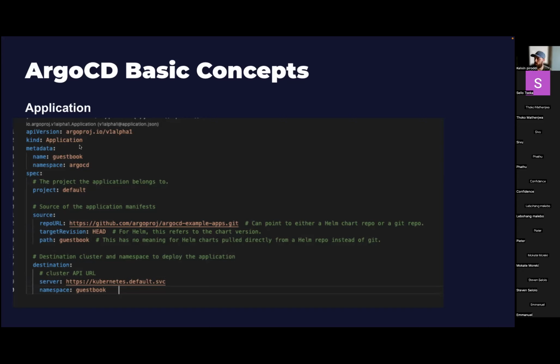An application just tells Argo two things: where in Git must I look, and where must I deploy what you want. Pretty much as basic as it gets. So you'll see it says here, this source comes from this repo. The branch is the head or the master branch, and the path inside that repo is where my application's resources are. And I want you to deploy that to this server. This is itself, because Argo also runs inside a Kubernetes cluster, but this server can also be a remote cluster. And then what namespace in Kubernetes. And that's the fundamental of an application.